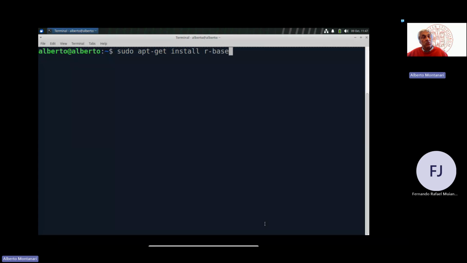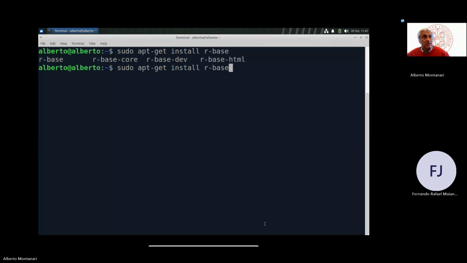But there might be more programs with the same completion. So press the tab twice again, and then it gives all the options. Okay. We don't need the others. We just need r-base. Again, if you don't know how to install a software, you have to Google the instruction, okay? If I press enter now,